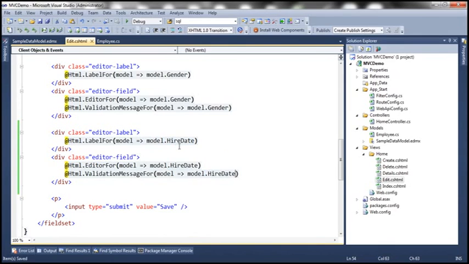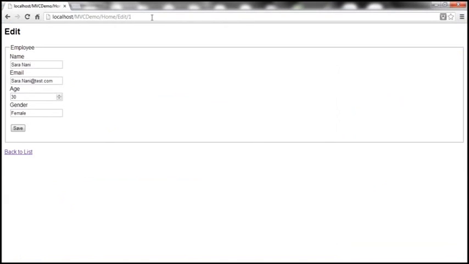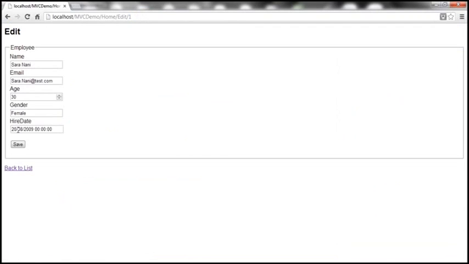Alright, so let's build our solution now. And then when we refresh our edit view, we should get hire date as well. Okay, so we get hire date. First of all, let's fix this display. We don't want time to be displayed, so let's get rid of that time. And to get rid of that time, we can use